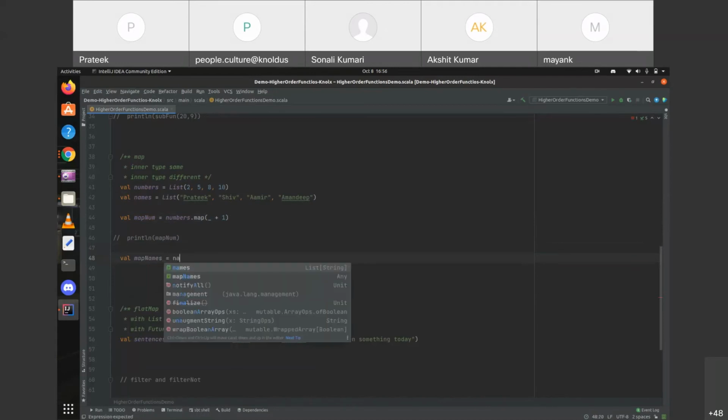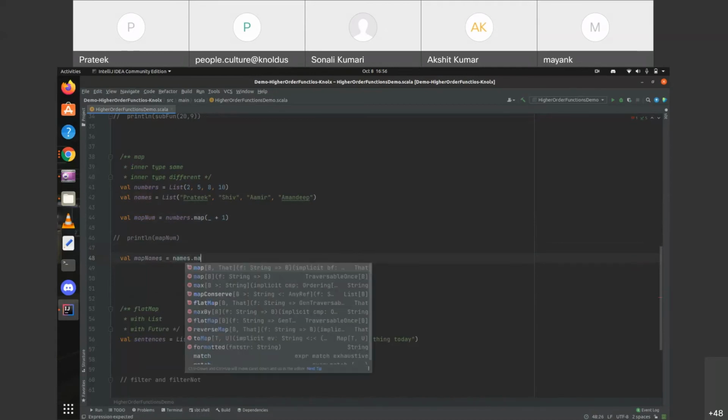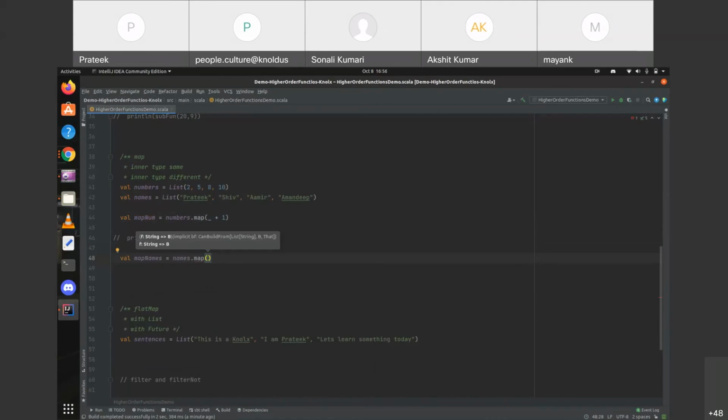So what we are doing, simply names.map, and we'll take each of the names and return the length of that name. This way, if we check the type of this map of names, we can see it is returning us a list of integers, but it's actually a list of strings.